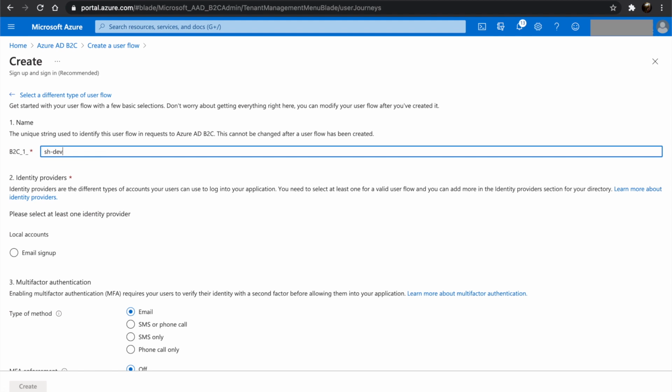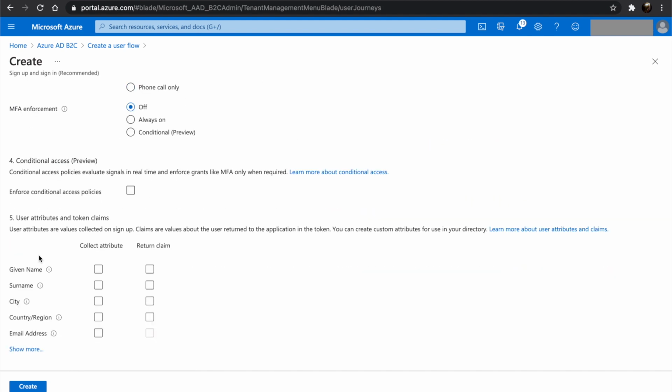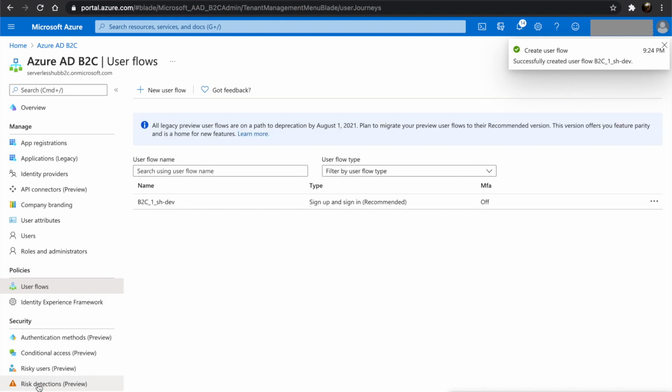Azure B2C tenants support multiple identity providers such as Google, Facebook, and Twitter. Since we haven't set up any of these, let's go with local accounts. Select email sign up. Let's use the user attributes that we need to include in the tokens. We will select given name, surname, and the email address. Click create. We can see our user flow listed. Let's open it.